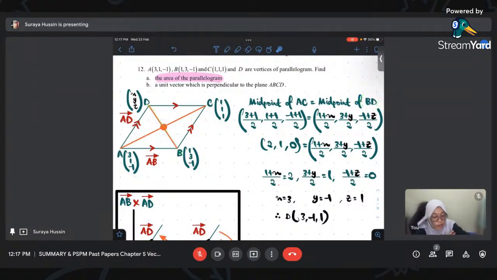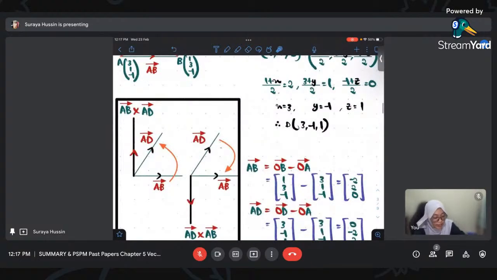Okay, BD pula. So nak cari BD, 1 tambah X bahagi 2, 3 tambah Y bahagi 2, negatif 1 tambah Z bahagi 2. Very easy. And then you will get your value of X, Y, and Z. And so you will get the coordinate untuk D. Okay, dah dapat X, Y, Z. Bolehlah cari